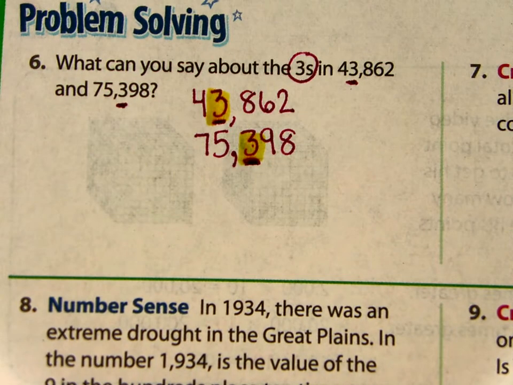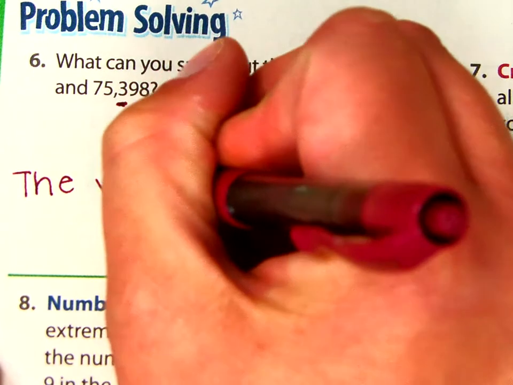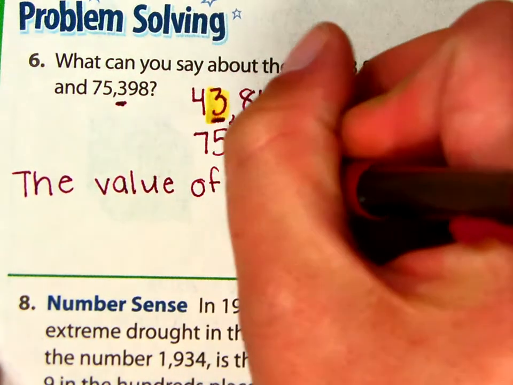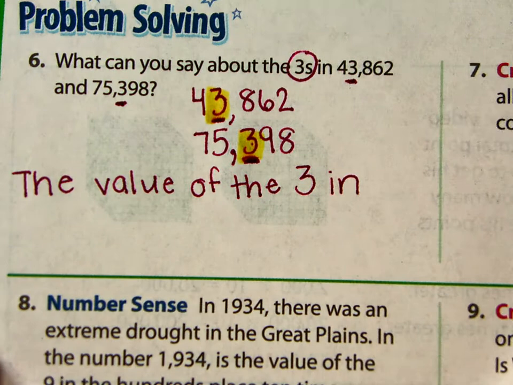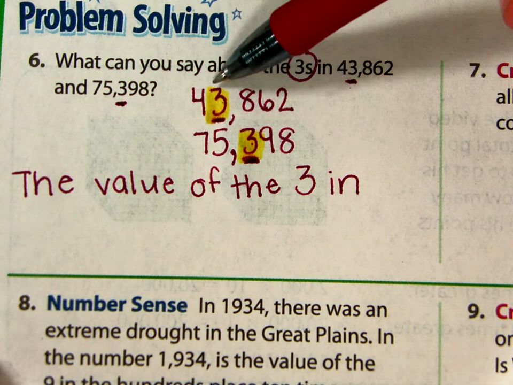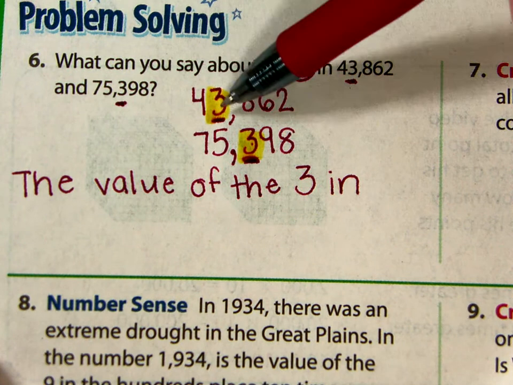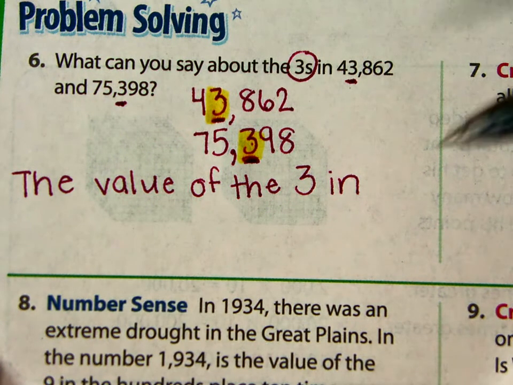And the question is, so what can you say about the relationship between these two numbers, focusing on their place value? So we might say something like the value of the 3 in, and we're going to first refer to this number because the 3 is in the greater place value here. I know that the thousands place is larger than the hundreds place. So I'm going to start with this one. The value of the 3 in